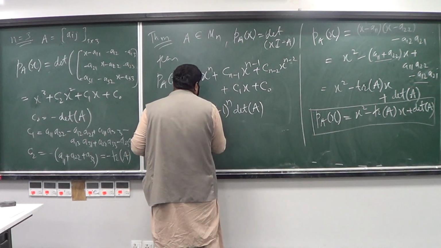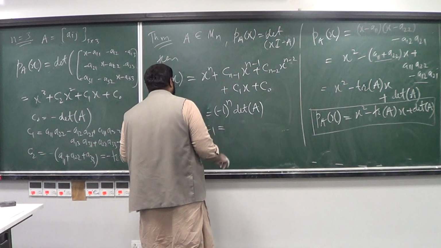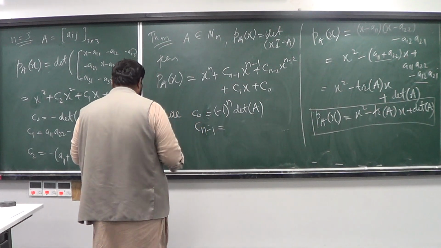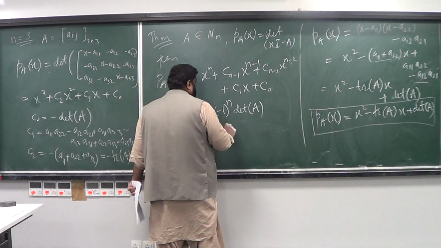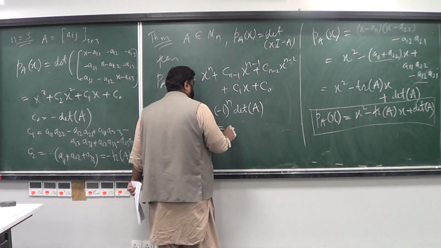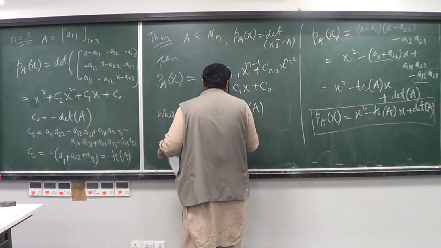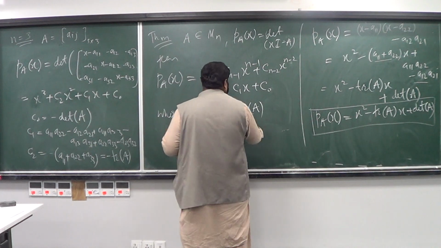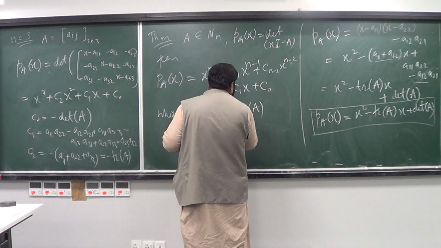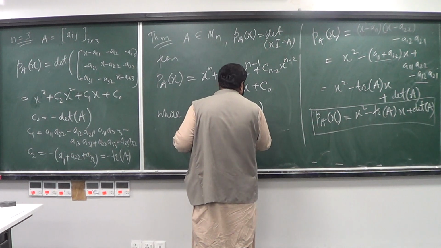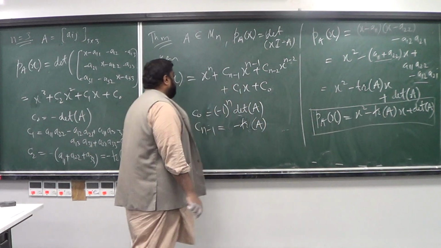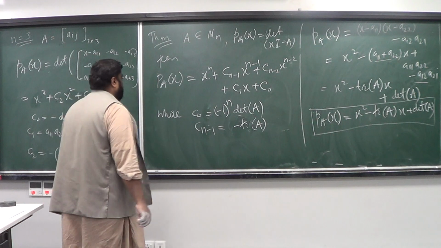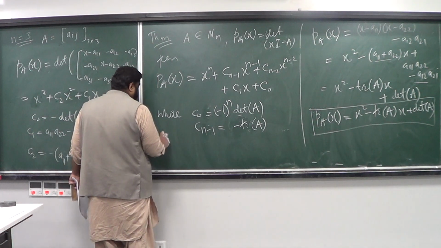Cn minus 1 is always going to be the trace of A. So it's going to be minus 1 to the power n times... sorry, it's always going to be minus the trace of A. Moreover,